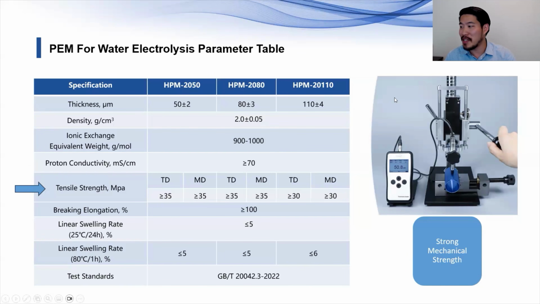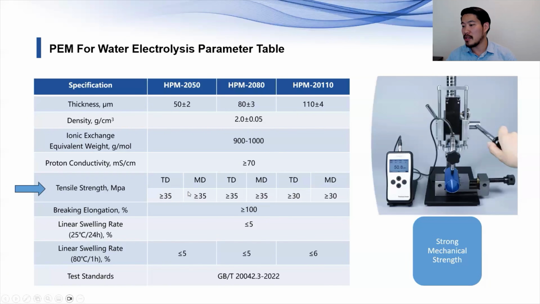As we talked about mechanical strength, we do a little testing here. When you use the electrolyzer, the hydrogen buildup is going to push back, so you need to make sure the membrane can withstand that force. That's why we have these tests, whether in megapascals or other units. You need to make sure tensile strength is at least 35 megapascals or more. This is really old-school mechanical tensile strength.